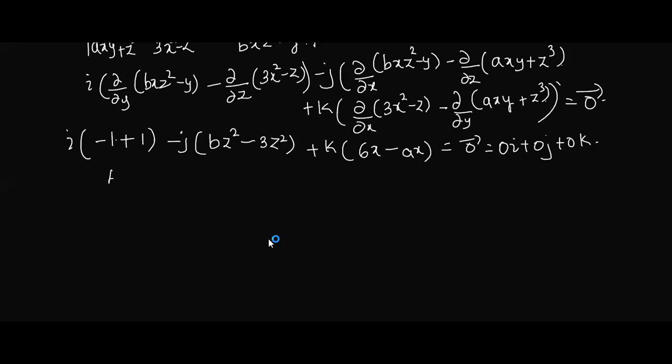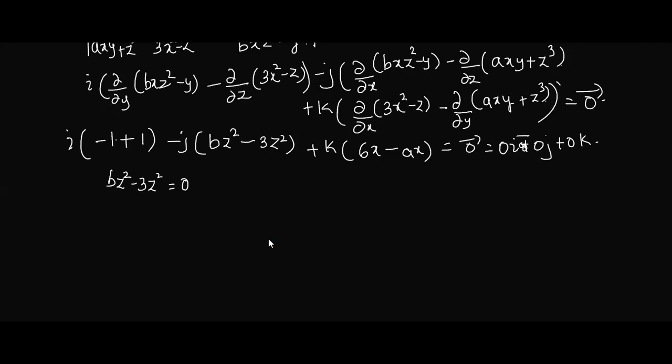So this is bz square minus 3z square is equal to what? This is the coefficient of j. What is the coefficient of j here? 0. Now you may ask me, here there is a minus. I can write this as minus 0j. No problem, so not to worry about that minus. Somehow this is 0. If this was some other quantity, we would have worried about this minus, isn't it? Am I correct?